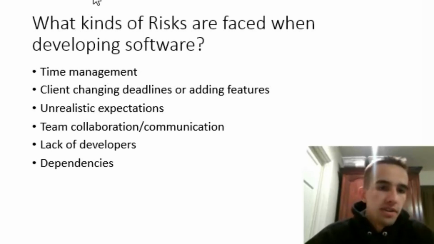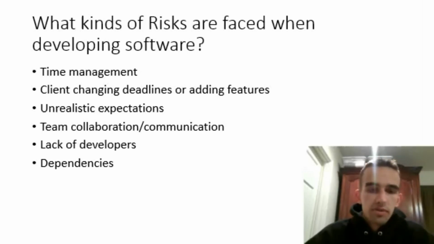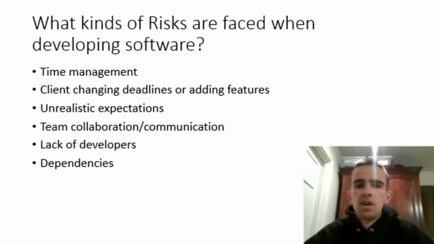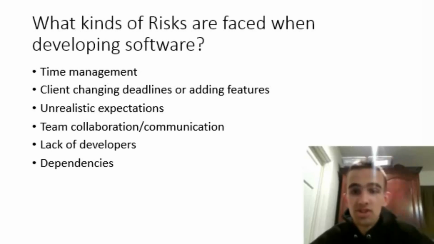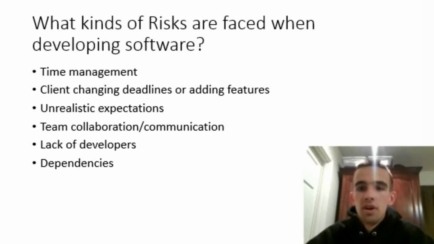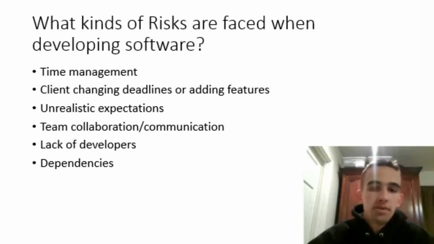Moving on to the next one, unrealistic expectations. This is more on the Scrum team level. The risk that developers face is when, say, the PO or Scrum Master isn't performing Scrum properly, and may try to change time estimations to fit their agenda better, or cram too many hours of work items into a day for a developer. Those are risks that developers can face.